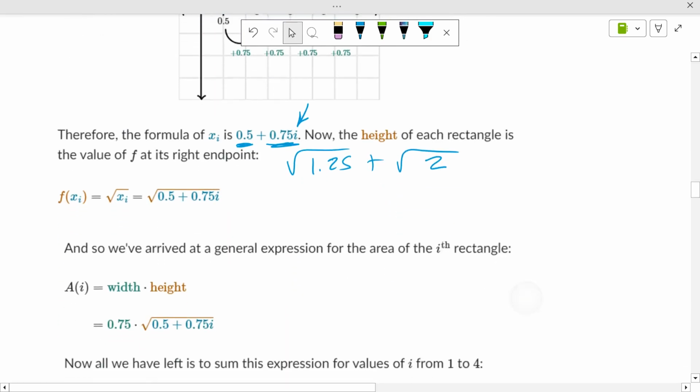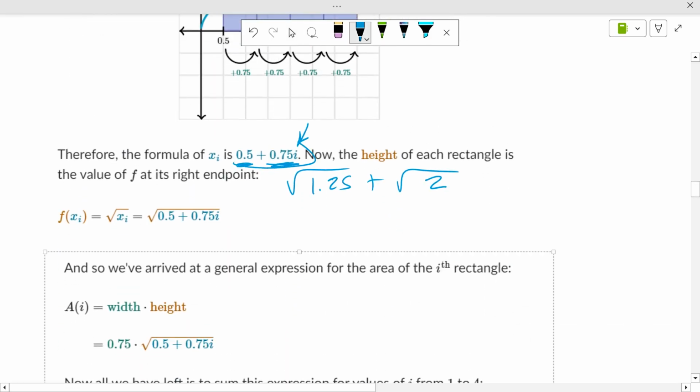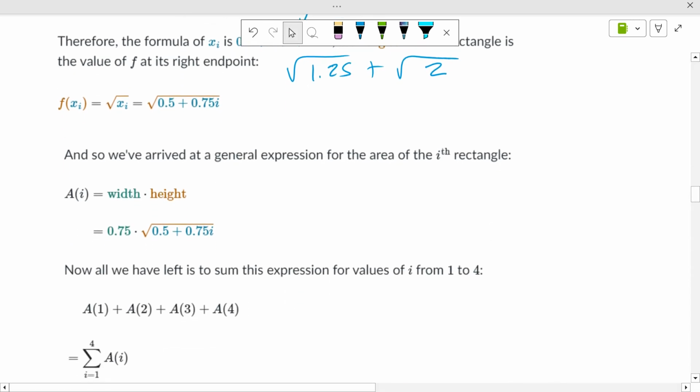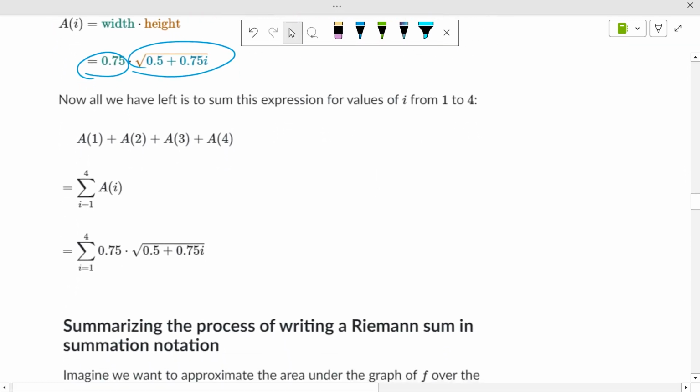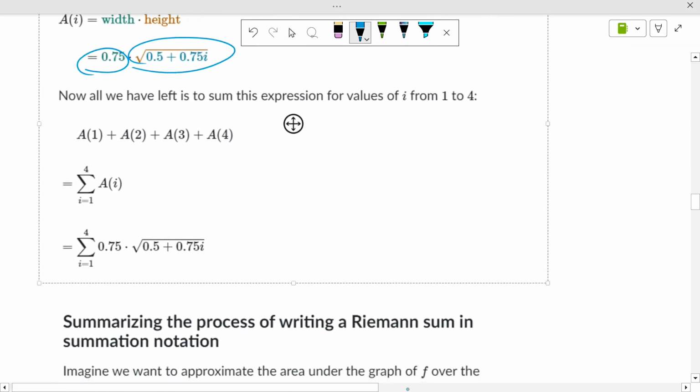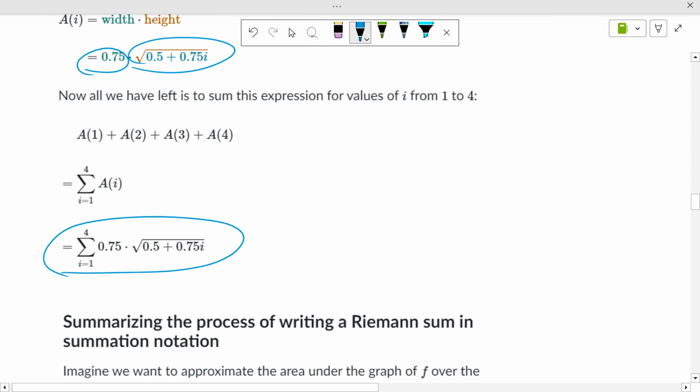Okay, and so on. So coming up with this formula is the most difficult part. What fits in to make it work? Okay, so if you take the width times the height, you get the area of each. Well, if you do a Riemann sum of this, that's what you get. Now, what this will turn into is going to be an integral from 1 to 4